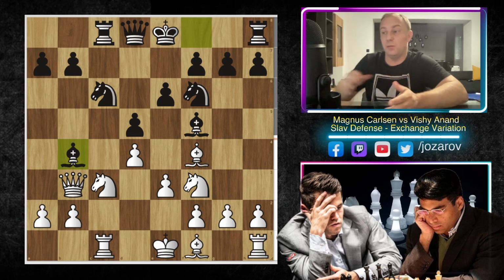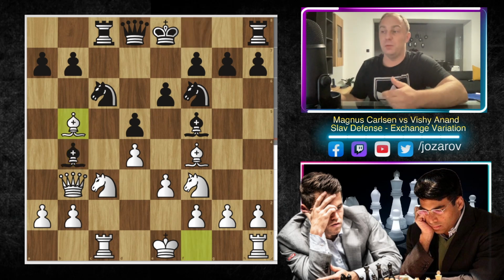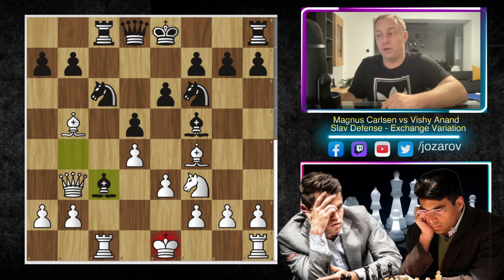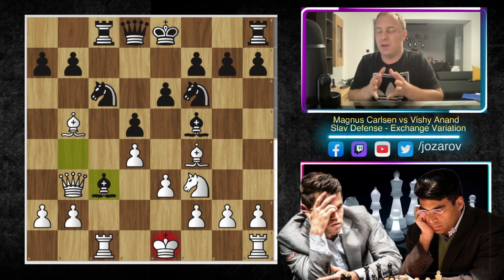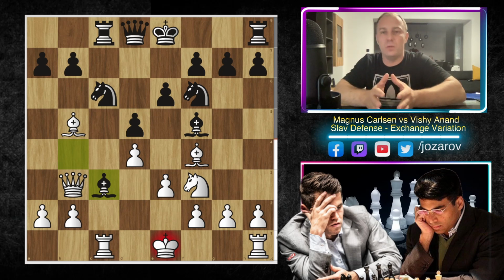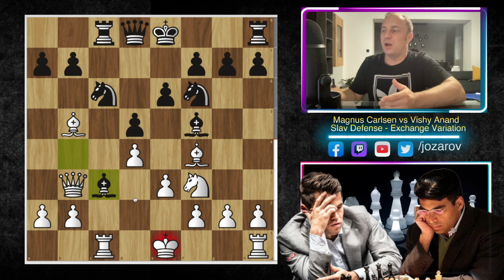Really brilliant move here, because now after move bishop to b5, actually Magnus Carlsen does the same. We have now bishop to c3. Vishy doesn't care here for the bishop, because as I said, the bishops are not so dangerous in these types of symmetrical positions, in these types of static positions. These are really static positions, because we're always evaluating the dynamics and statics on the possibility to push some pawns in the center. And I've mentioned it before, you cannot push pawns in the center.